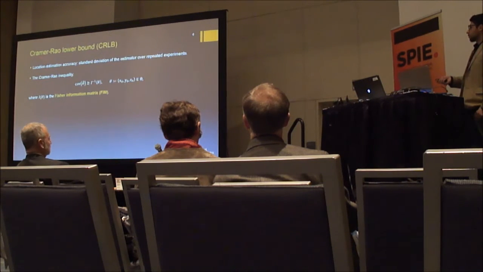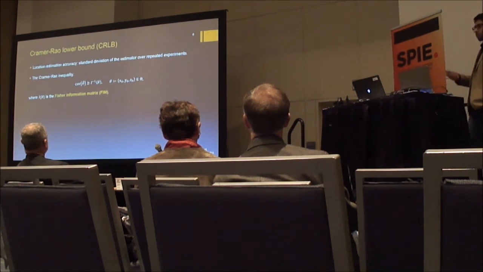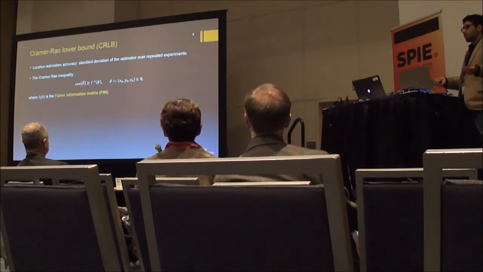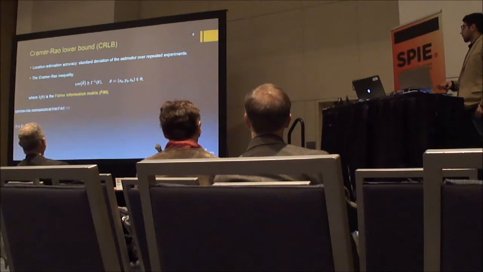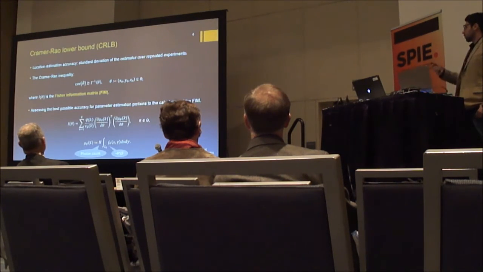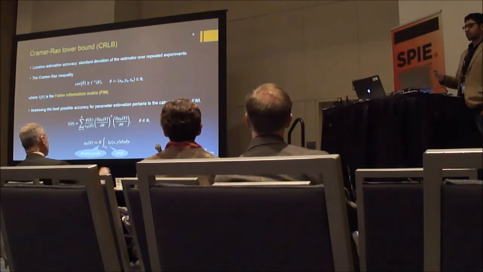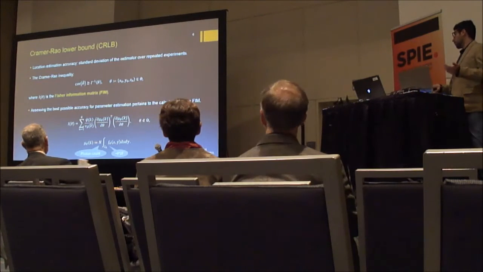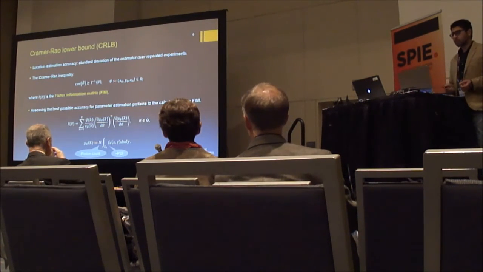That's the Cramér-Rao bound, or the CRB. It's basically this inequality. It's simple to understand. It's very powerful. So basically, it says that the covariance matrix of an unbiased estimator of your unknown parameter is bounded from below by the inverse of something known as the Fisher information matrix, or FIM. So this is very interesting because it means that assessing the best possible localization accuracy boils down to the calculation of this FIM, the Fisher information.